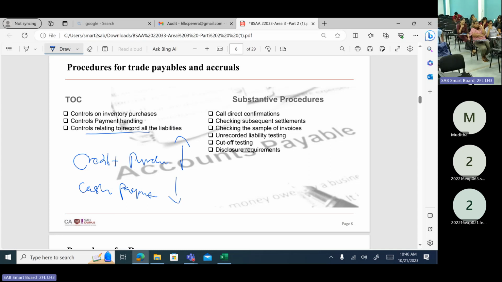From the TOC side, once you are moving to substantive procedures, third party balance, right? You can call direct confirmation. Direct confirmation. Checking subsequent settlements. Subsequently, whether you have settled or not, you can check that. For the receivers also, you check subsequent settlement, right? I told you that if you have a travel agent, invoice wise, you have to check the subsequent settlement. So the creditor side also you can check the subsequent settlement. What's the difference? Creditor also checking subsequent settlement, debtor also checking subsequent. But the difference is